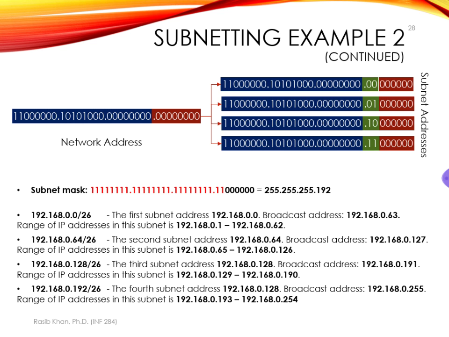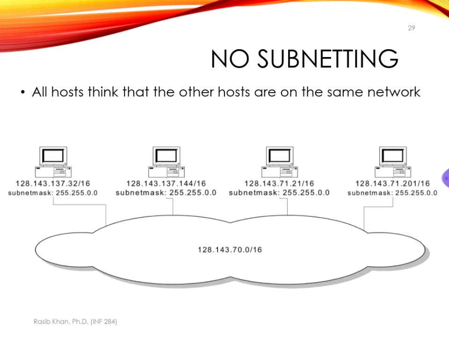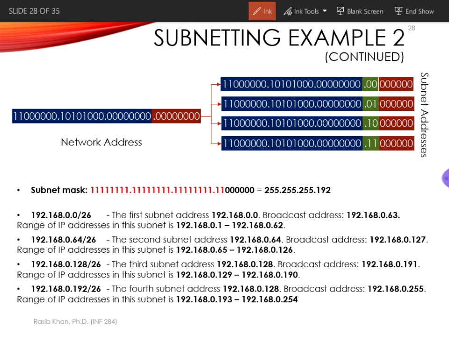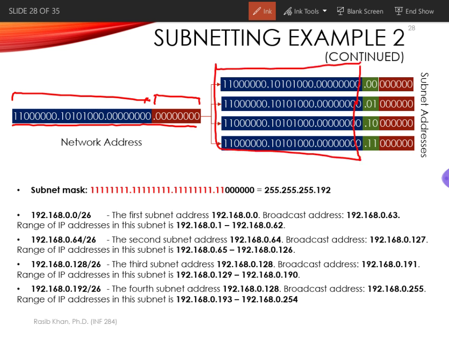So if we convert the network address into binary, this is what we get for the network address part, where the first 3 octets belong to the network ID and the last octet, the last 8 bits, belongs to the host ID. And we have seen that we need to borrow 2 bits from the host ID part to create the 4 subnets. So therefore, we leave the network ID part the same,